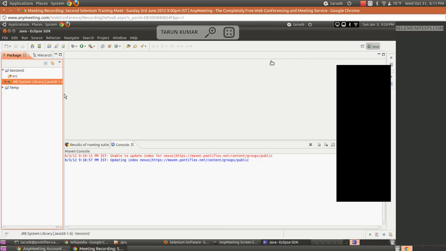So I was talking about the Firefox driver. WebDriver has a different mechanism to deal with every browser. In case of Firefox driver, it works as a Firefox plugin. In case of IE, which is Internet Explorer, it uses a DLL, which are dynamic link libraries, to bring control on Internet Explorer. In case of Chrome, there is another binary which is used to bring control on the Chrome browser itself, which is maintained by the Chromium project, which is an open source project behind the Chrome browser of Google. We'll see that part also.